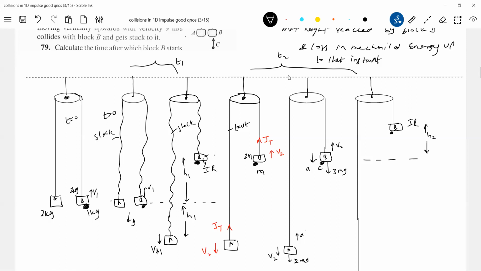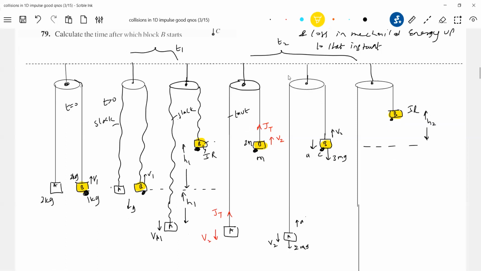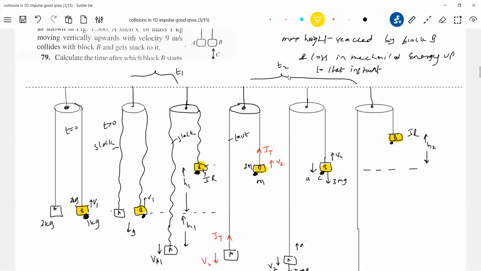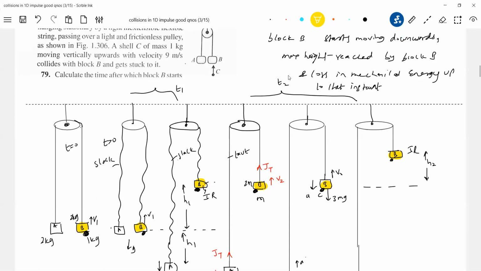Okay, this is the background I have given. Let's write all the equations. I think the problem is over, so you're supposed to manage this much here. Looking at the diagrams, let's write the equation. First, how to calculate this V1. Starting from the first diagram, the shell C has a mass M, 1 kg.